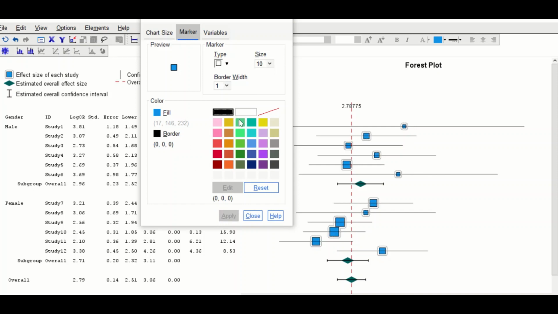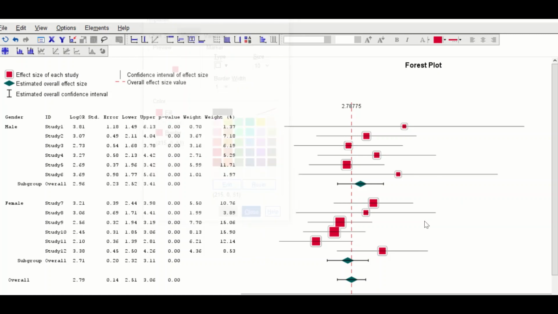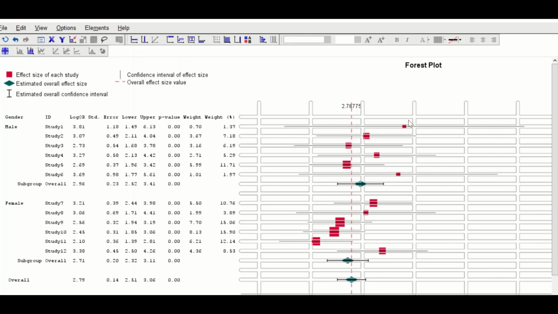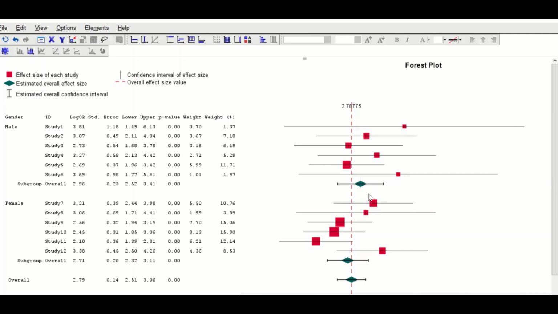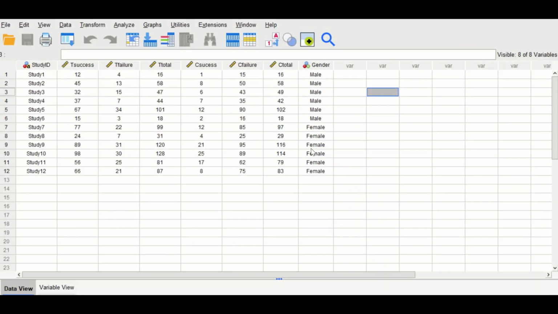And we could change the color into red and apply that, and also change the fill into red, and then click on apply, and that will change the color into red. So several things can be changed here as needed, and if we just minimize that or get out of it, back again